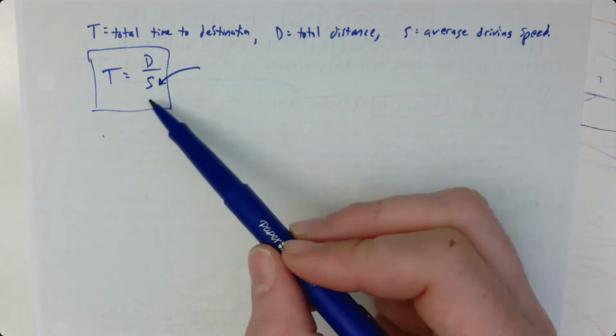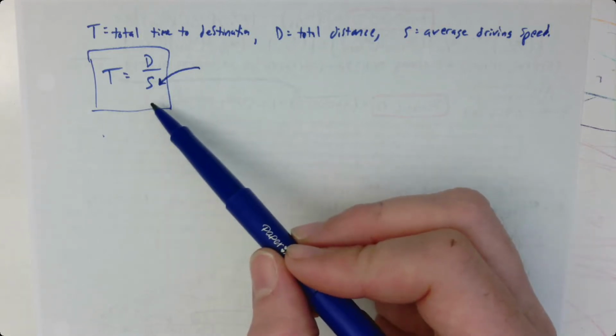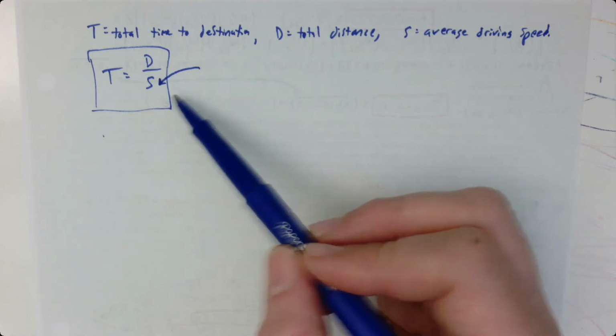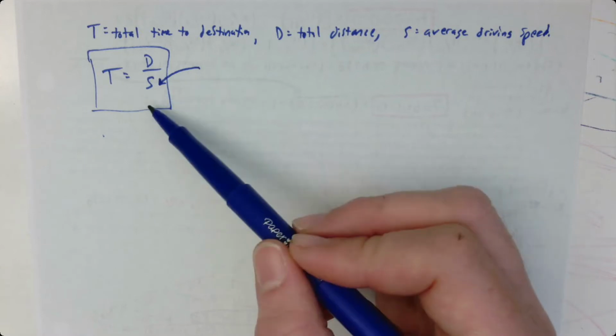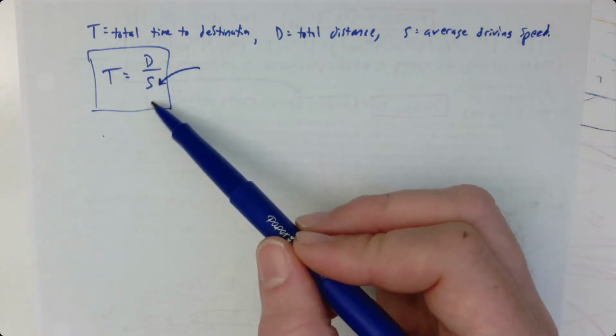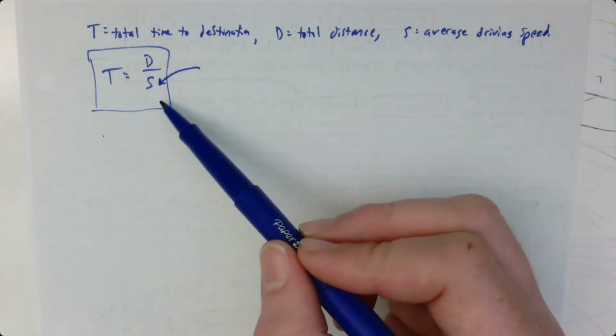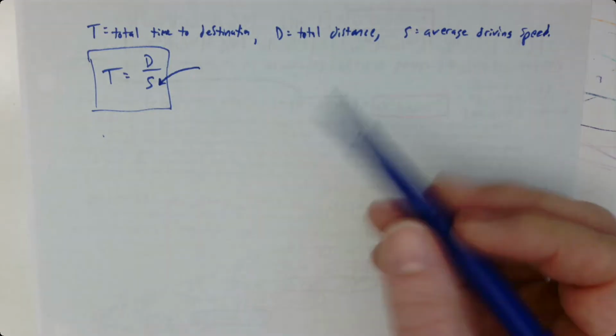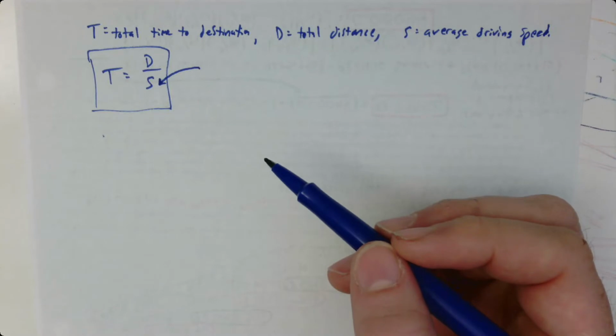But if I was going to drive at 5 a.m., my average driving speed on the freeway would be like 75, and then I could again calculate my total time. So the user of the model could decide what number to use for the average drive speed, and we'd be just fine. But if we're thinking about making a model that's more friendly and does more automatically,